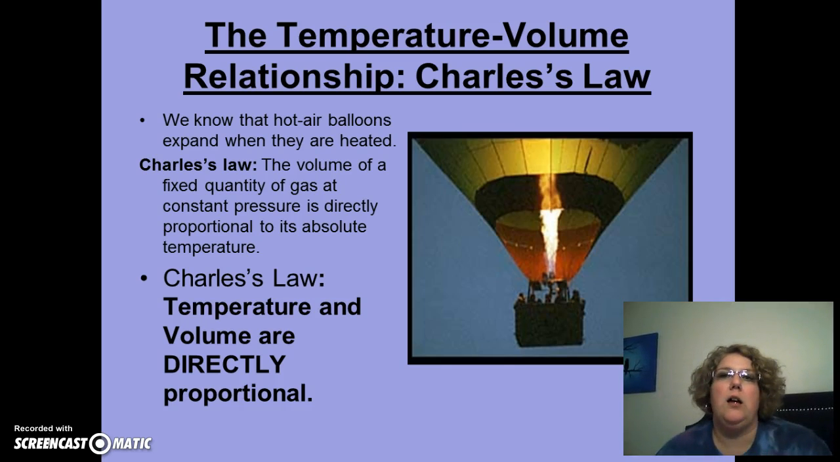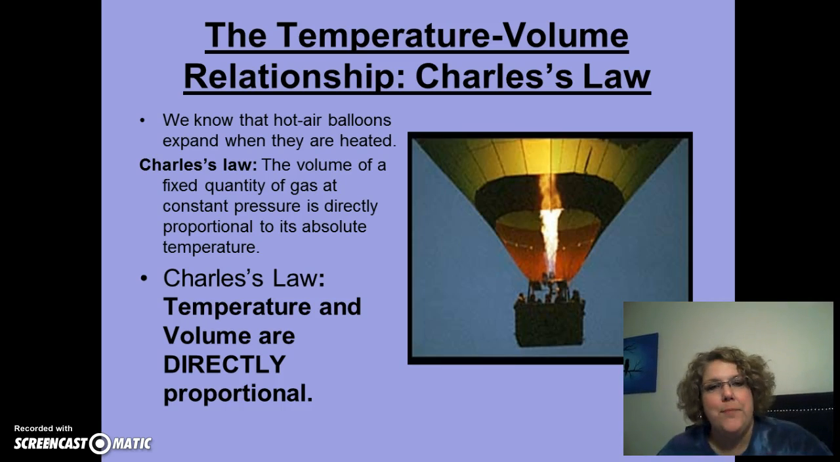All right, now we have Charles's law, which is the temperature-volume relationship. We've seen everyday applications of this. Hot air balloons would be one. Gases expand when they're heated. I left balloons in the car in August for my son's first birthday, and they popped because gases expand when